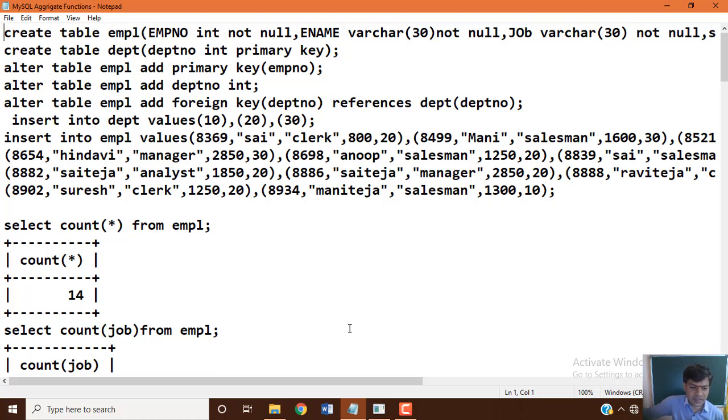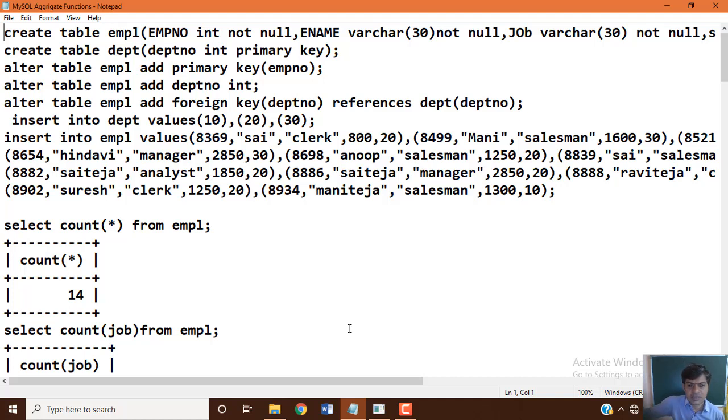Now we are going to see another type of functions, that is multiple row functions or group functions or aggregate functions, all three different names which we use with the same concept. Under functions, the second type of functions are called multiple rows functions, which is also called group functions because we use group by, and which is also called aggregate functions.